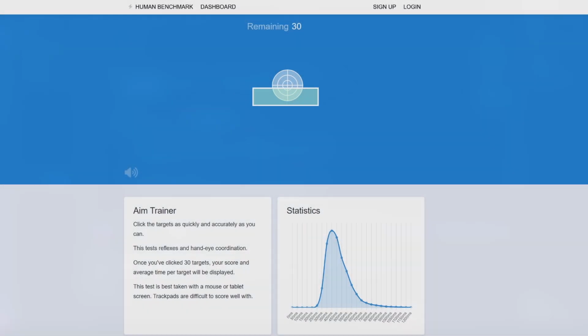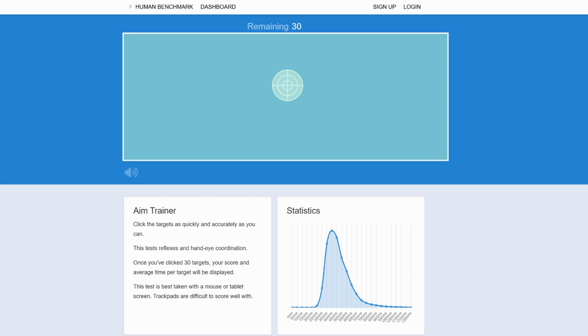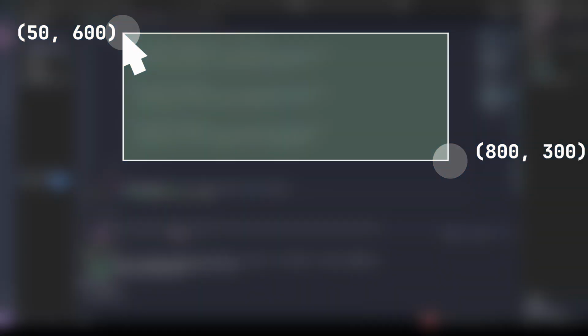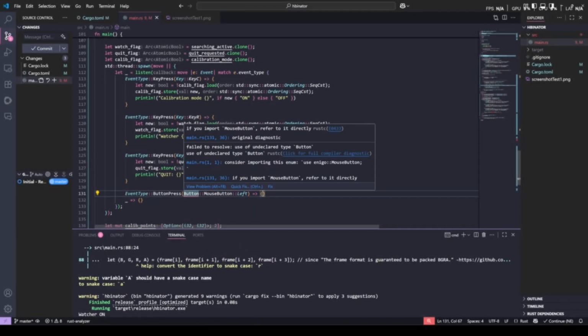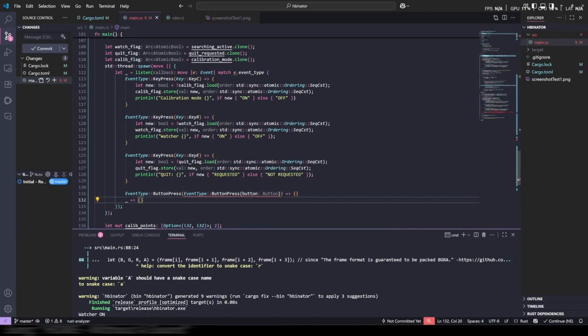To support the aim trainer, all I needed to do was add functionality for a calibration mode, which would define a region of interest so we don't look for targets outside the real area, and updated the pixel matching logic. Now, we can just look at every pixel inside this region to see if it matches the inner color of the target. If it does, we simply place the cursor there and click. That's it. We can make this a bit faster by looking at every third pixel, but we are already close